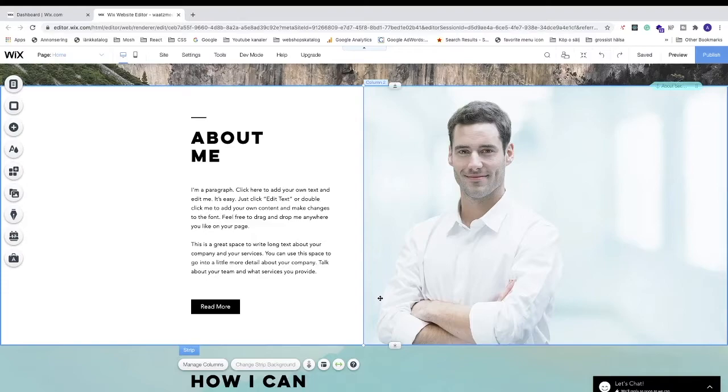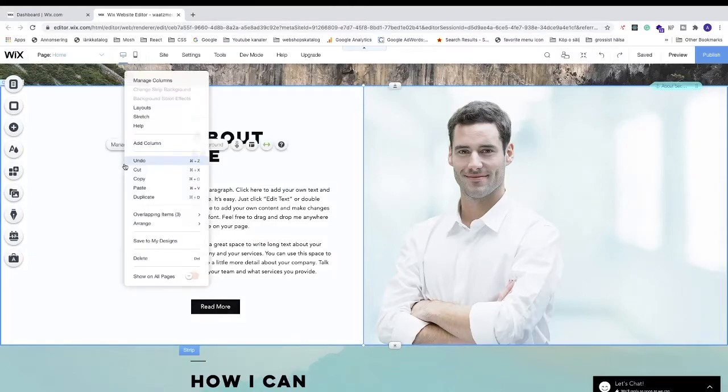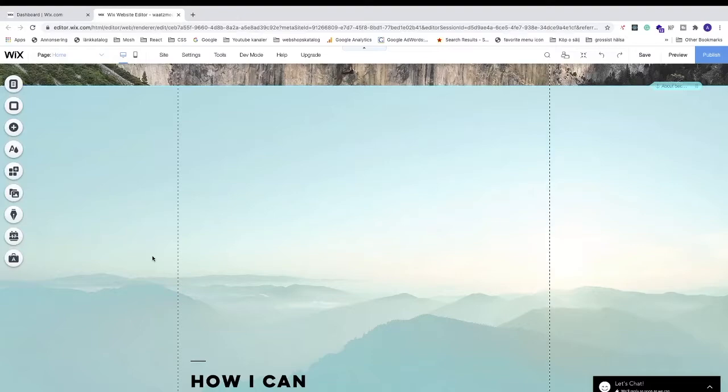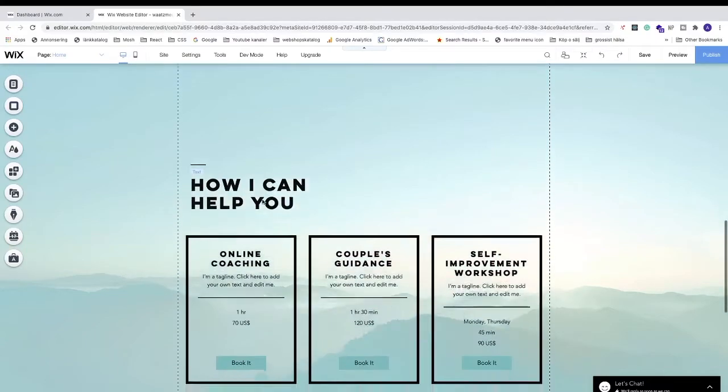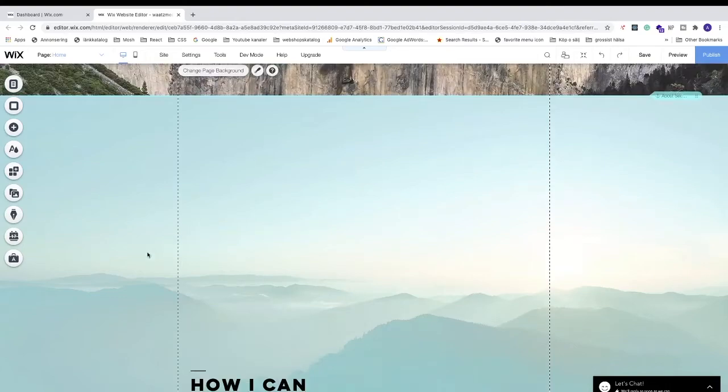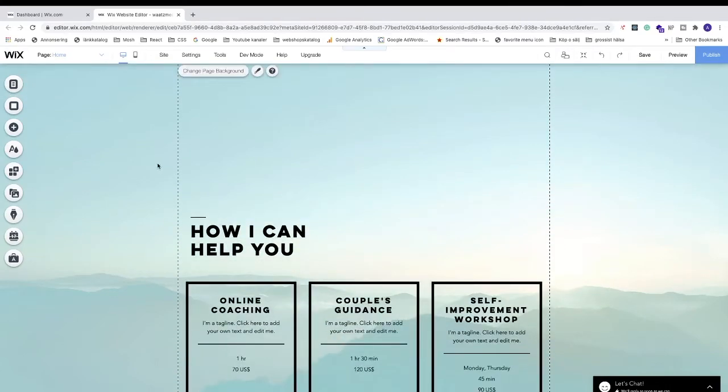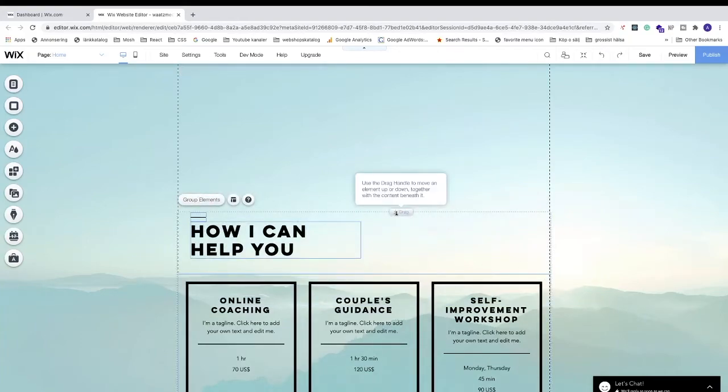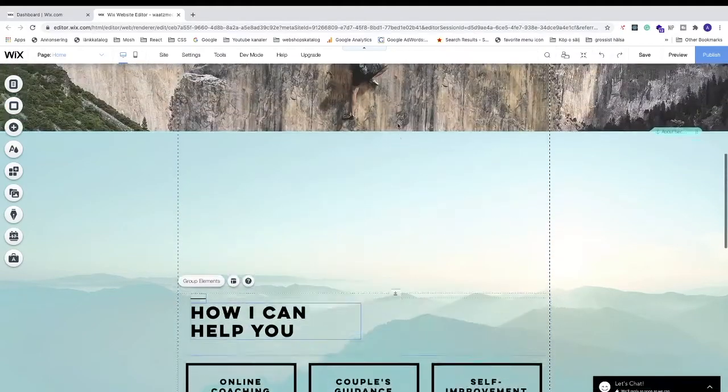Alright, so first we're gonna go and delete this strip. So to do that, we're just gonna go and right click on delete, and this will delete this strip. Okay, so as you can see, we now have this empty space. So now we need to move this section up. Okay, so we're gonna go down to this one. We're just gonna mark this section, and we're gonna click on this one, hold the mouse in and drag it up like this,